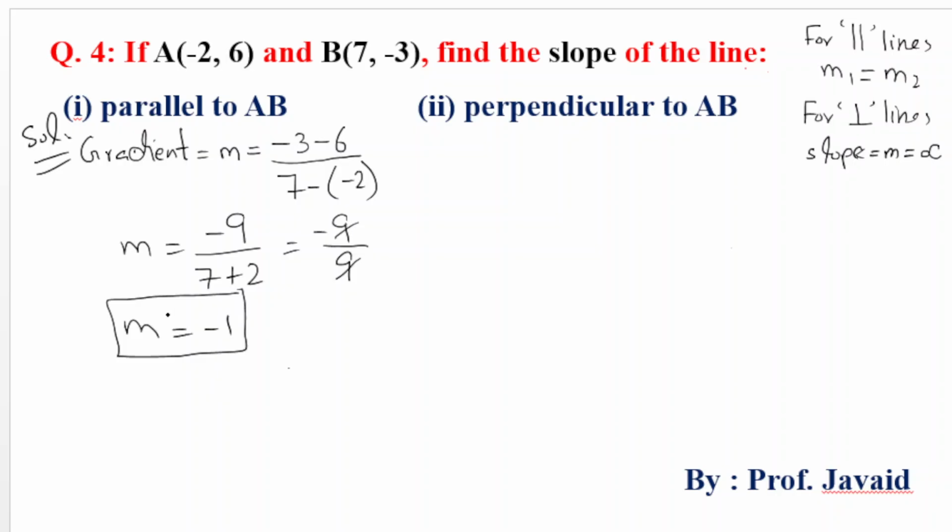So if they are saying to find the slope of the line, look, the slope of line AB is equal to the slope of AB. Simple. We have just found the simple thing that the slope of a line parallel to AB. So here I will write the first part, slope of line, I will write here,